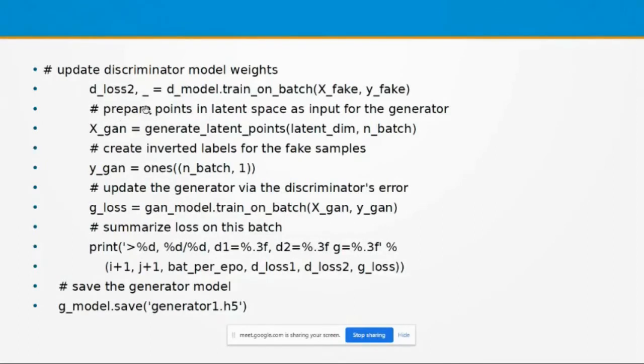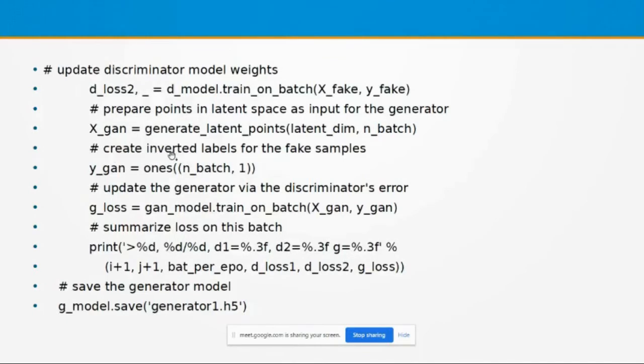For that, prepare points in the latent space as input for the generator. X GAN is equal to generate latent points, latent dimension, n batch. I already explained this generate latent points. This is the base information for generating n batch images, and that is now available in X GAN.